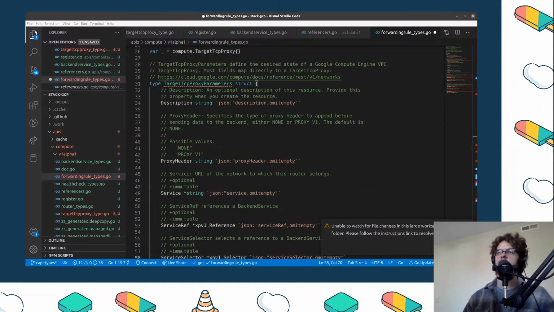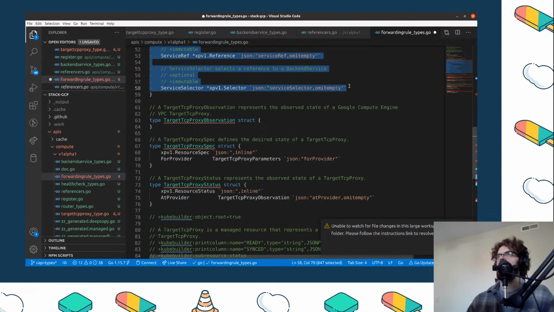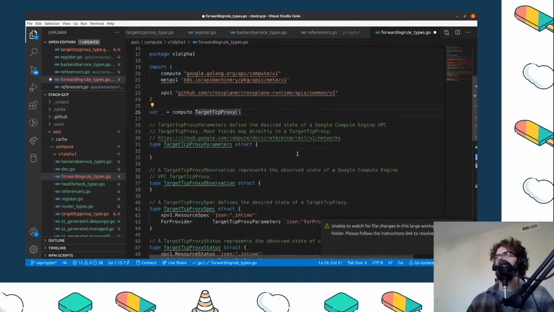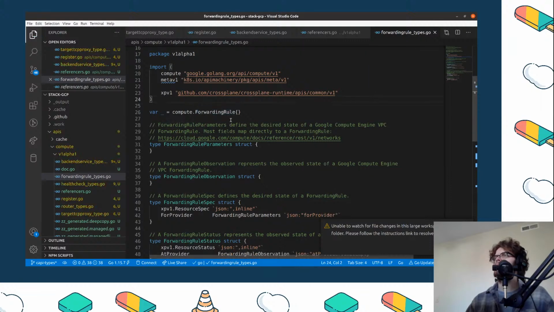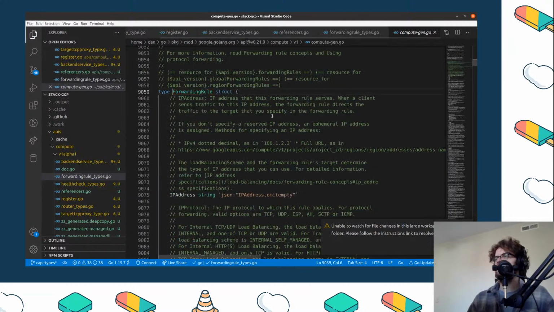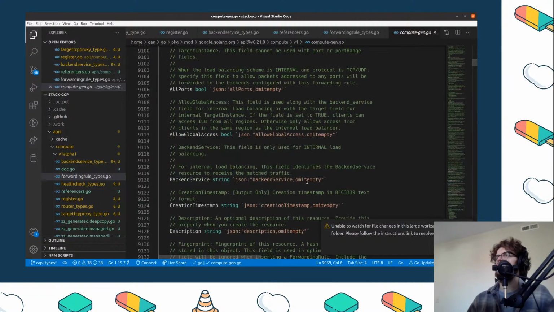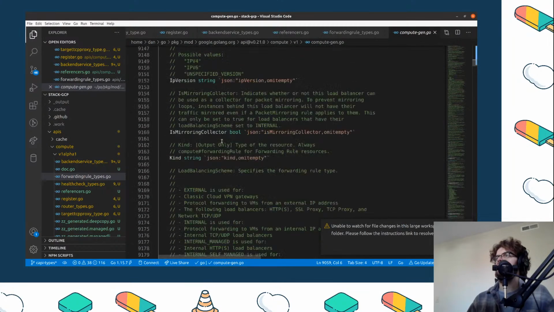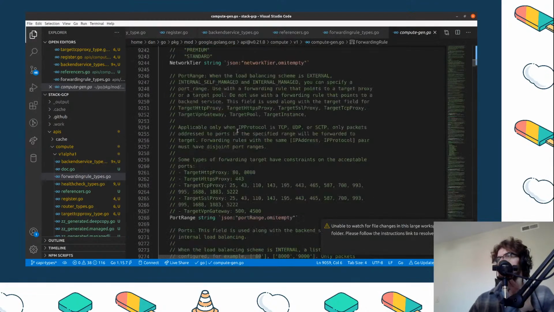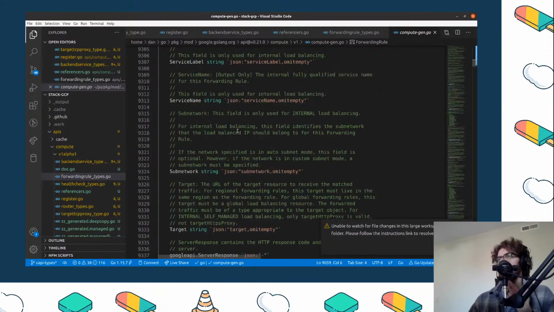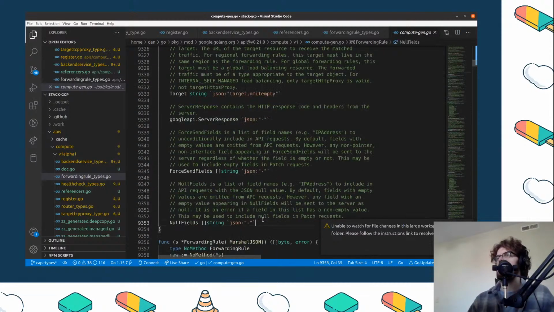Did this one have the reference the back? No, I think this actually references the TCP proxy. So let's find this, and we'll replace all of these with forwarding rule. All right, let's see how bad it is. Okay, IP address, IP protocol. So no nested types yet. This metadata filter we'll have to copy over. So pretty good. Target